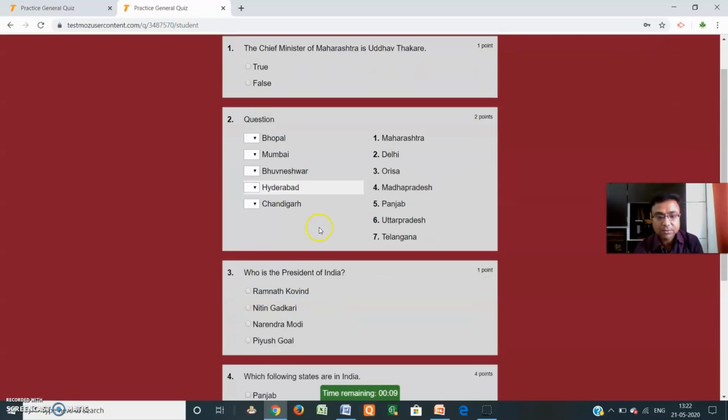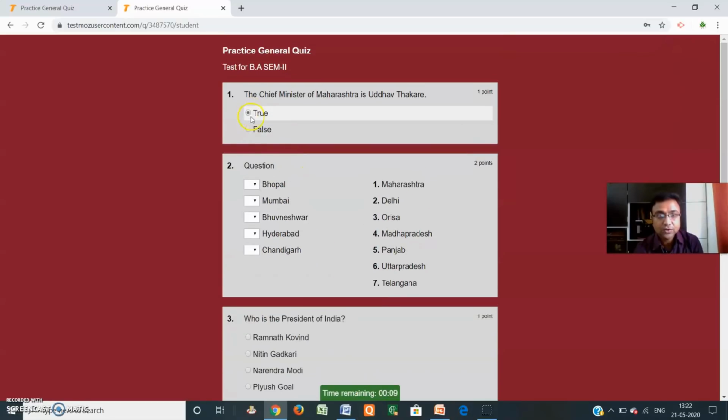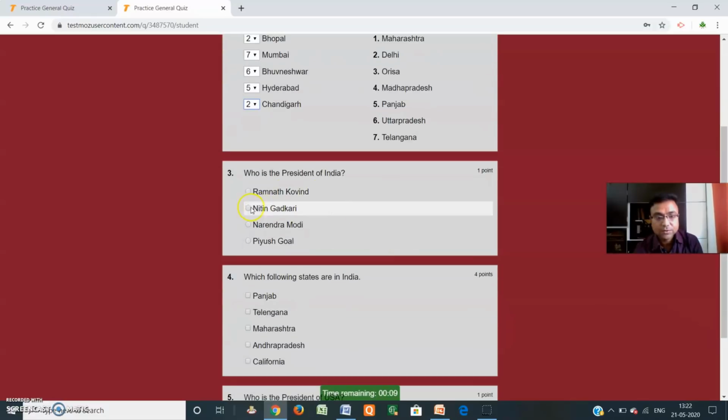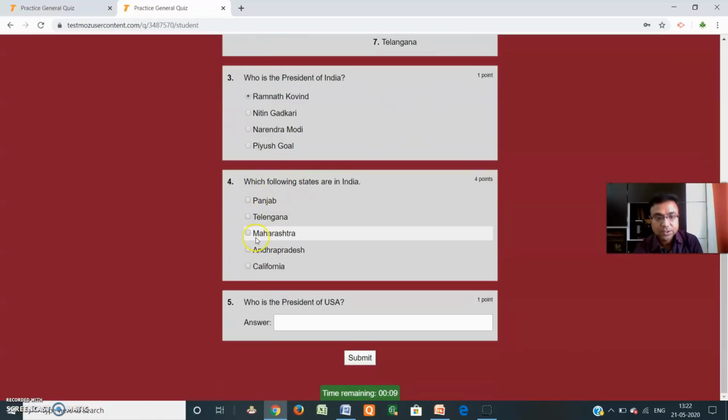Here the time remaining is also showing. True, then Gopal. I'm just making some correction. So in this way you can solve which of the states are in India. Suppose I am selecting only 2 here. Who is the president? Just write Donald Trump.